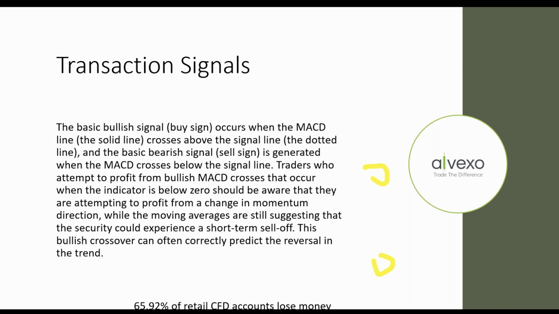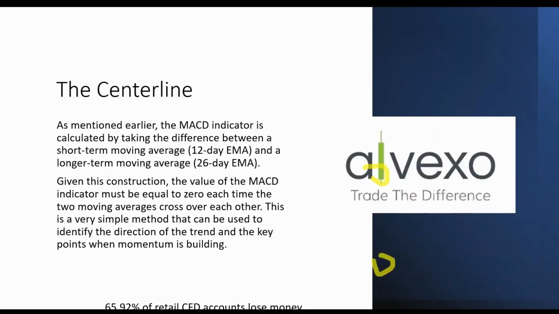And it generates a buy signal. When it crosses the other way, it generates a sell signal. And we also want to watch the center line. As mentioned earlier, the MACD indicator is calculated by taking the difference between a short-term moving average and a long-term moving average. Given this construction, the value of the MACD indicator must be equal to 0 each time these 2 moving averages cross. And to me, that is the most important piece of information you get from MACD, is when it